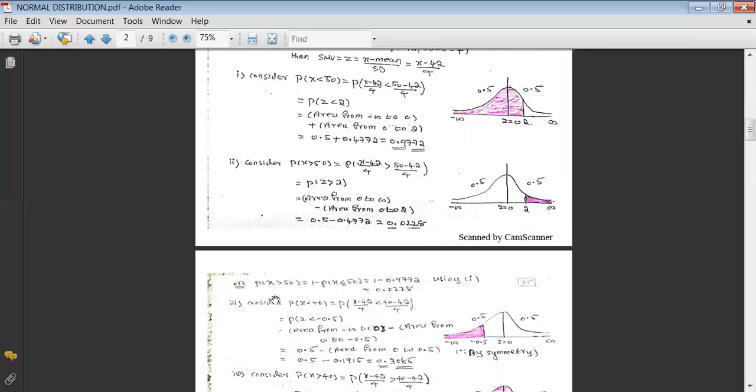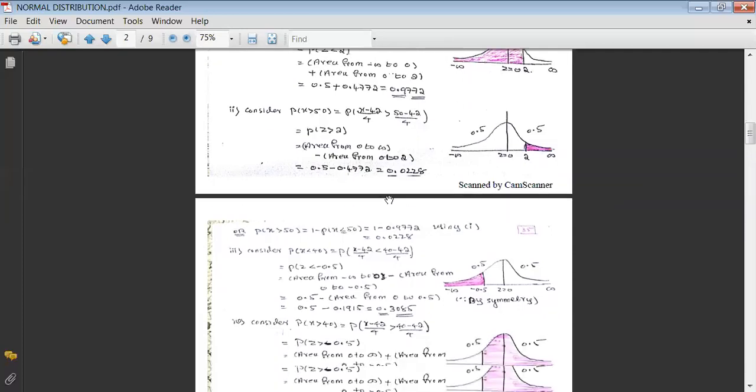And we have one more option for the probability that x is greater than 50. If I use the complement rule, I can say 1 minus the probability that x is less than or equal to 50. We have already computed that in the first case, its value is 0.9772. If you take that out of 1, you will get the same answer. But here, why I am going like this: you must be exposed to all varieties of probability evaluation with respect to the normal